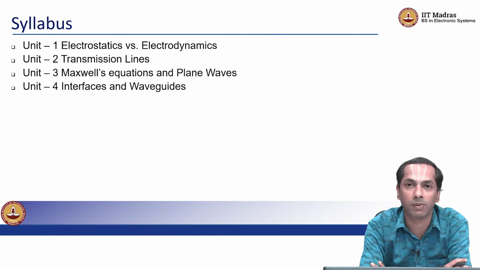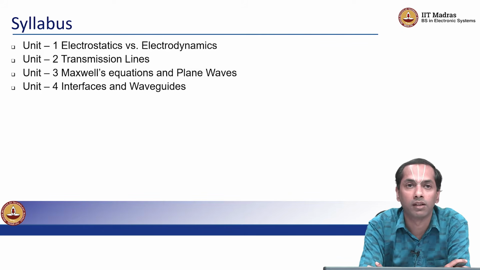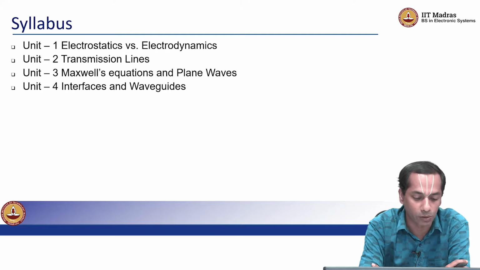So the syllabus can be split into 4 main topics. We will start with a quick comparison of electrostatics and electrodynamics. Electrostatics is mostly what is covered in your high school and perhaps also in your first year science courses. So in order to make the transition smooth, and so you see the connectivity between what you have learnt already to what is to come, I believe the first unit can try to put all the audience on the same